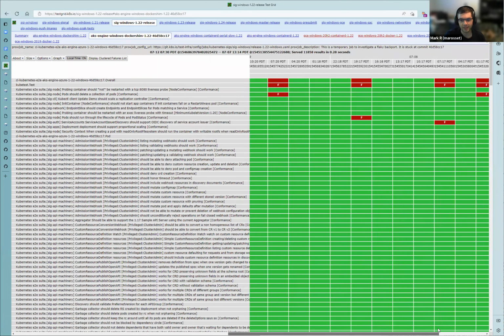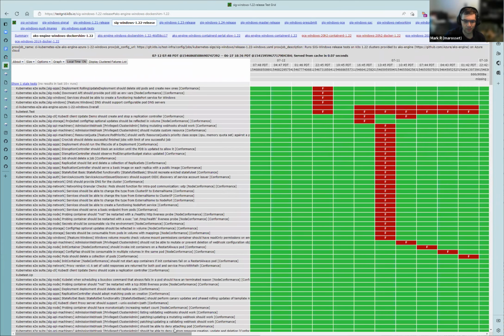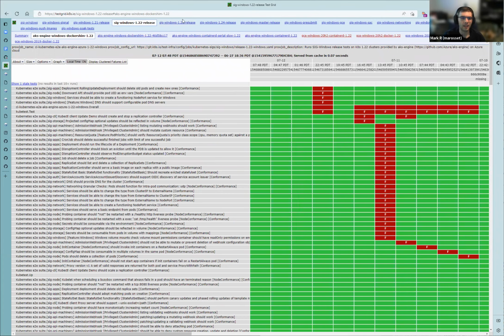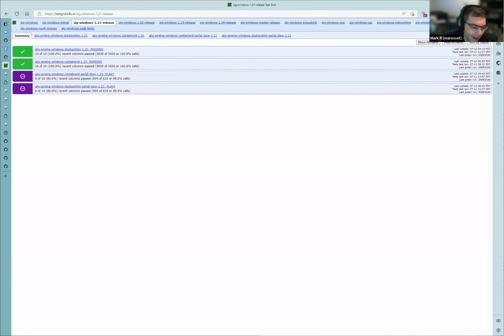For example, this is the test pass before the kube-proxy caching changes went in. This is the test pass after the kube-proxy caching changes went in. So it looks like it's a little bit more stable, but a lot of those failures don't look like they're even using the proxy. Yeah, I know.